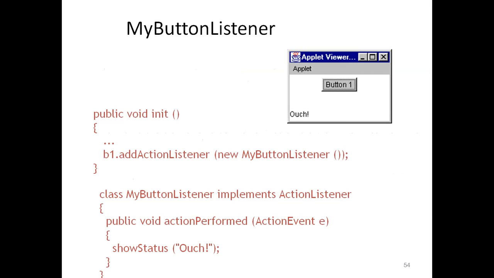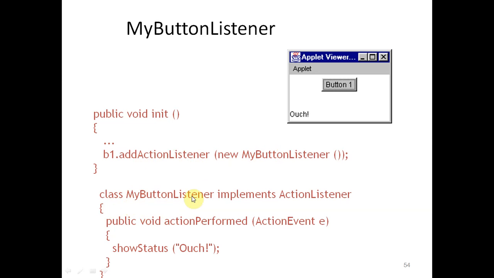So now I am coming to the program. This is the simple prototype, and this is the syntax of the button listener. This is a single button we have given here. When we execute the program, we write public void init, and inside init we write b1.addActionListener, and inside the argument we write new MyButtonListener.